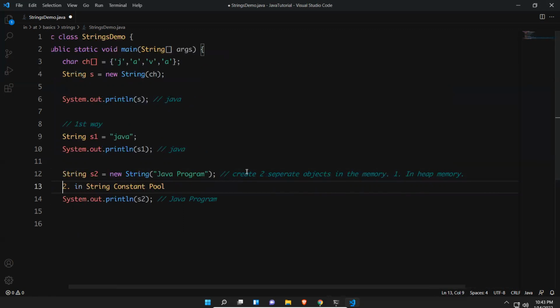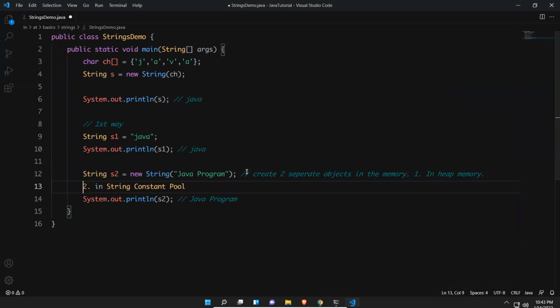Inside this it will create the other object. This is how it works internally.